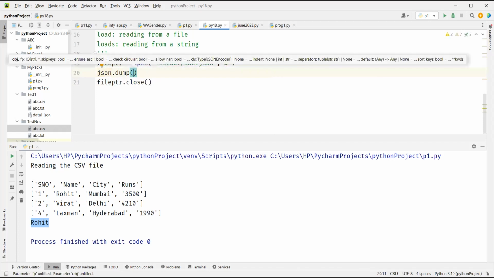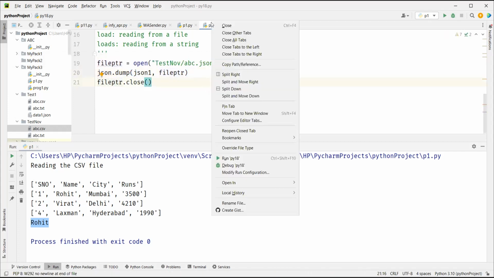In json.dump, you give the variable with the content, and then the file pointer. First the content of the JSON file, then the file pointer. Okay, now when you run it,